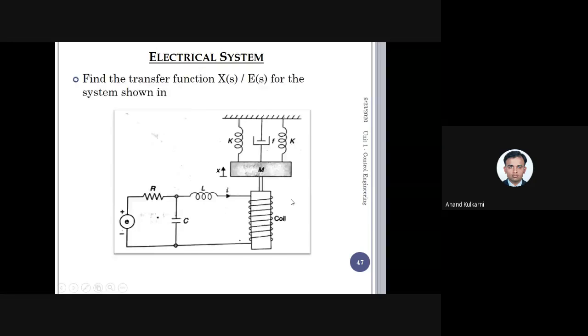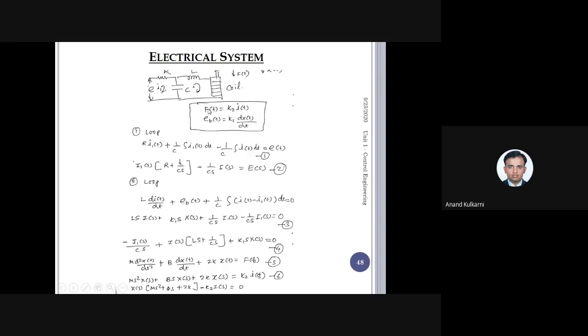So these two equations are given here. I have put them in the bracket here. Then to start with, I will start from the supply side. E is the supply voltage. Let us assume I1 is the current flowing in this loop and I is the current flowing in this loop. Why have I taken this as I1 and not I2? That is because in the force equation, the current flowing in the coil is given as I. So that's why you have the equation F is equal to K2 into I. So here I have taken I, and here I have taken I1, or you can take anything else. That is not mentioned.